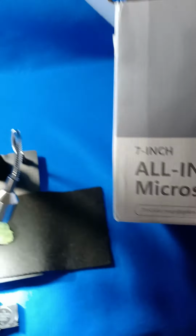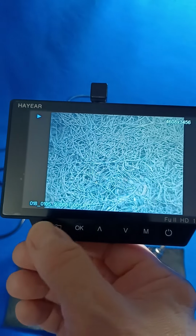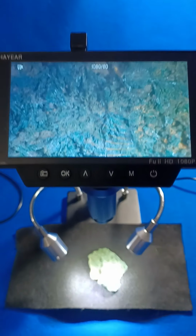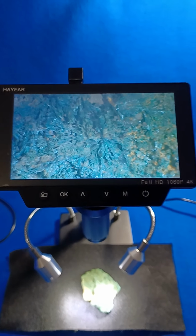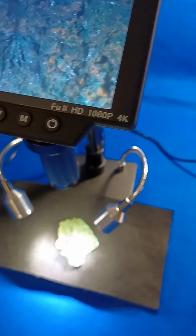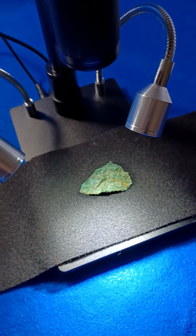I can also take a picture with this button. There's an old picture on there. There it is again, okay. And these are identical specimens that I have on here, so I'm not trying to game this with a different mineral. But here, just for good measure,